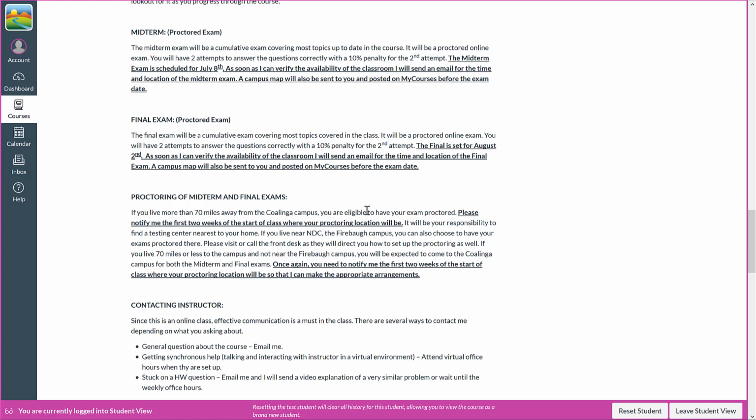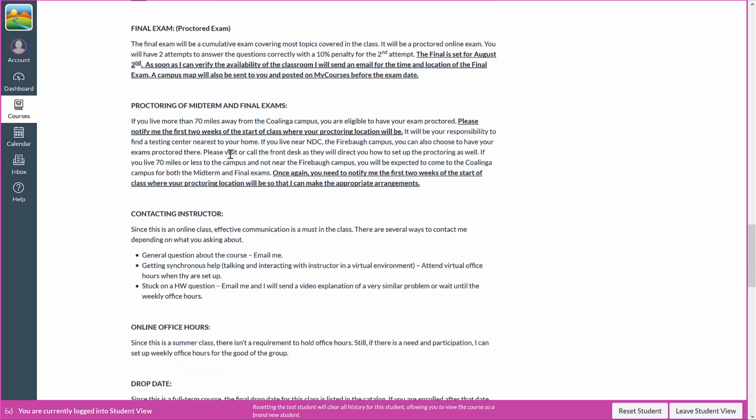So let's talk about proctoring. This is important, especially for an online class. If you live more than 70 miles away from the Kalinga campus, you are eligible to have your exam proctored at a different location. That different location is going to be a local university or junior college. You will have to set that up yourself,